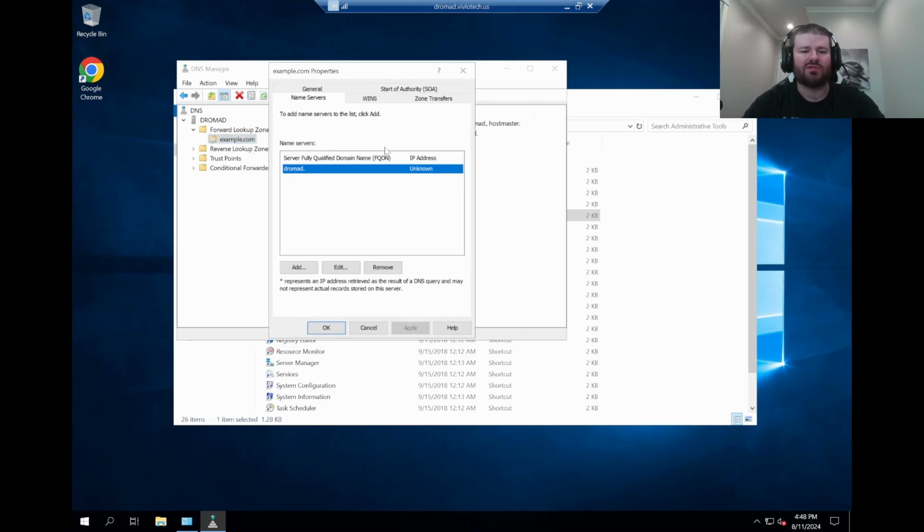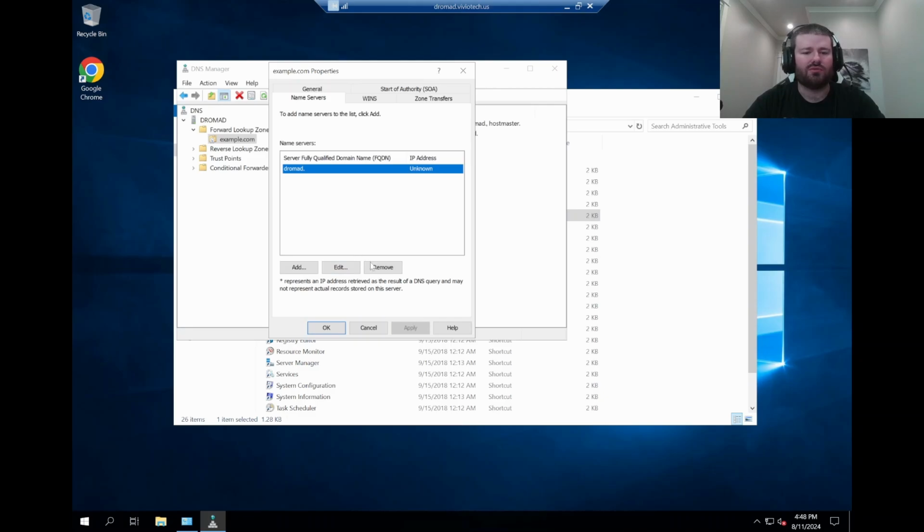So we're going to click on the name servers tab, and the reason for this is we want to set the name servers for this zone to be ns1.viviotech.net and ns2.viviotech.net, so that whenever your domain is pointing to ns1 and ns2.viviotech.net, our name servers are able to respond to your DNS queries and give the answers for the A records, CNAME records, MX records, etc., based on what you have set on your server. Without doing this, our DNS servers will not be able to create a slave to your server for the DNS zone.